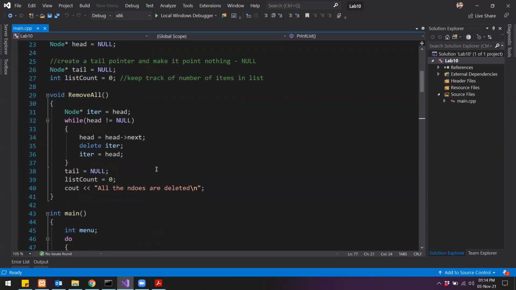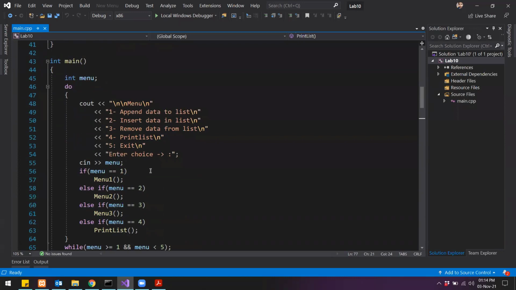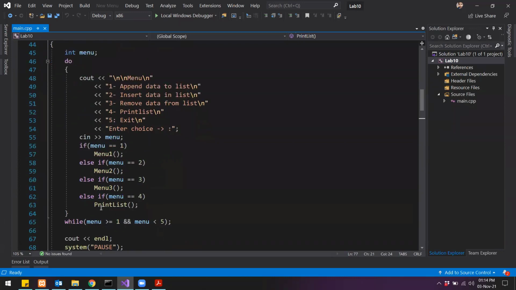Now going to the main function. In here we have a do while loop that keeps on running until we enter option number 5. So if I want to append the data to the list, I will enter option number 1. If I want to insert, that is option 2, 3 for remove, 4 to print, and 5 to exit. So what if the user enters 1? If the user enters 1, that is to append data to the list, then we will perform the instructions